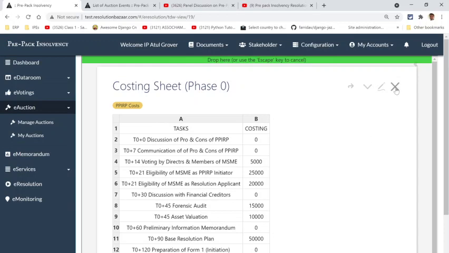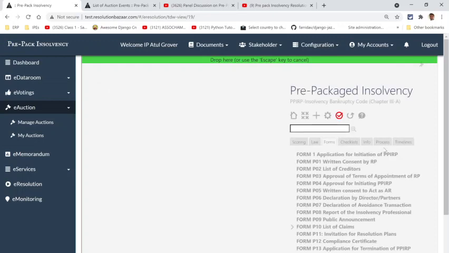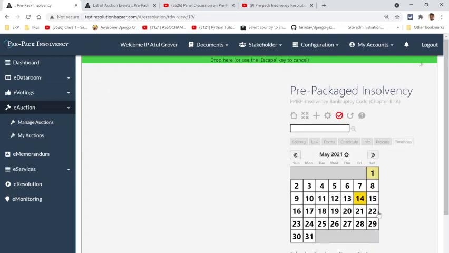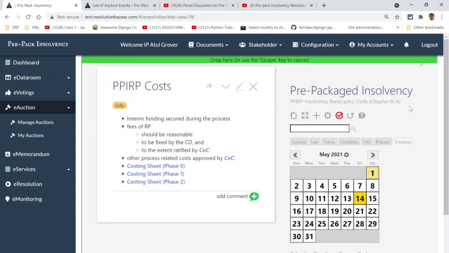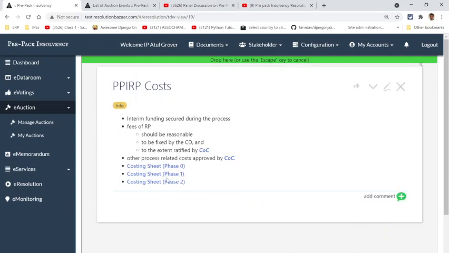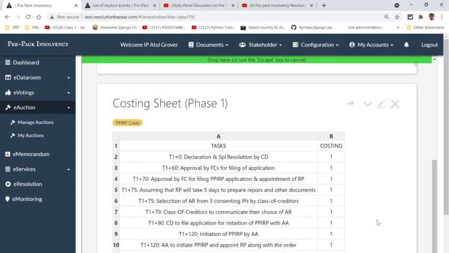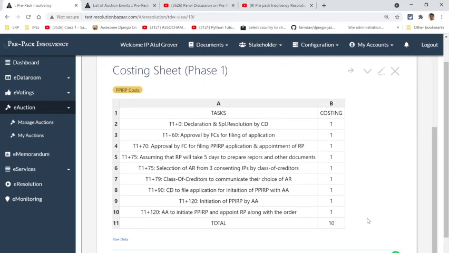Now we have looked at the costing sheet in phase 0. We could now go to the costing sheet of phase 1. Well, frankly, I thought that it would take much less time, but it seems that our discussion is going way past my initially decided time. But anyway, let's go through it. I will not fill this form yet, but we'll go over it.